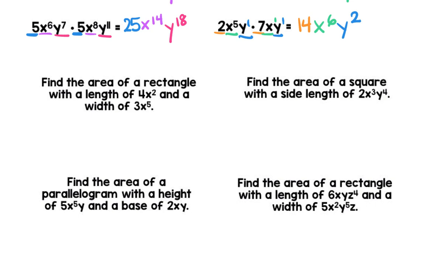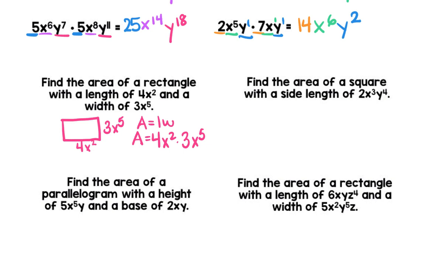Find the area of a rectangle with a length of 4x squared and a width of 3x to the 5th. The first thing you should do is sketch out this scenario. Here is my rectangle. To find area, we know this, we are multiplying length times width, so the area here is 4x squared times 3x to the